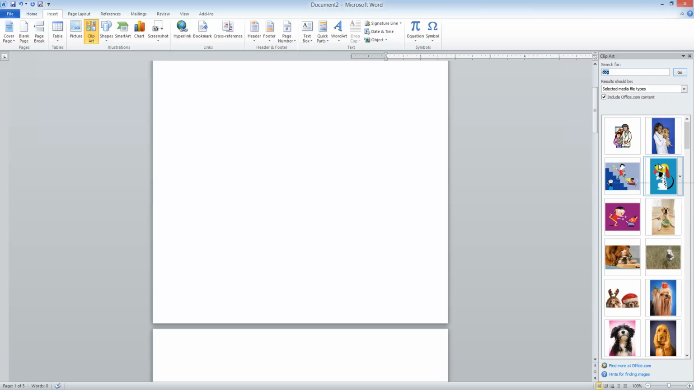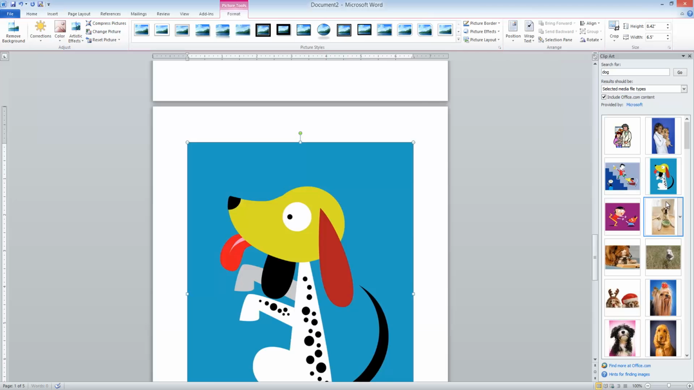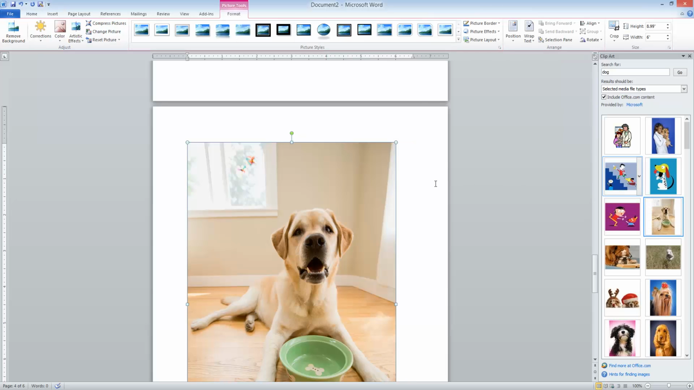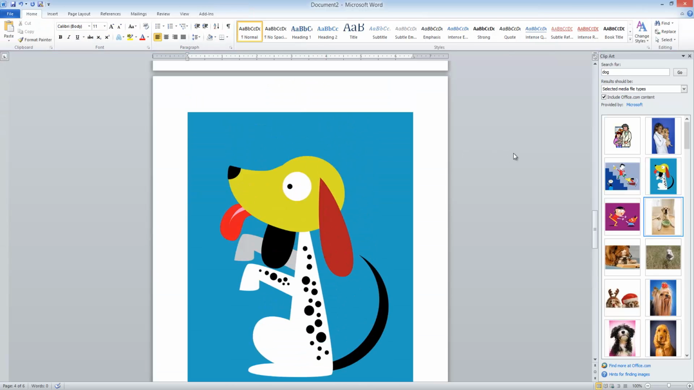And so click on this guy right here. So it inserted the picture of the dog, and I actually have two pictures because I clicked on both. But you can click this down arrow on each picture, and you can do insert, you can do copy, delete it from the organizer,